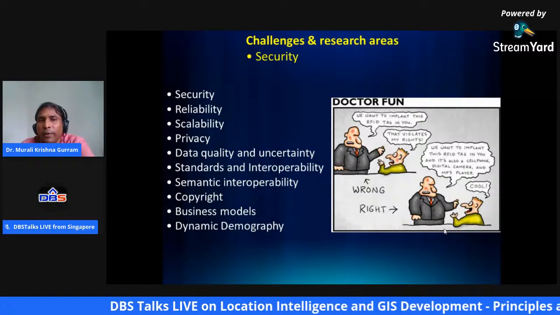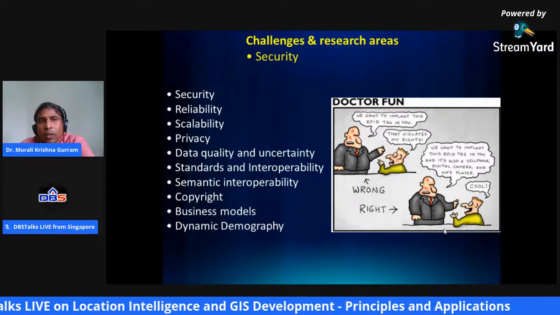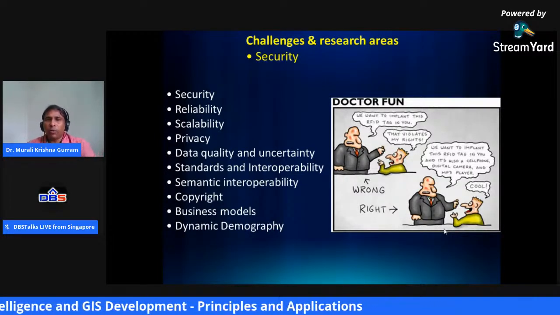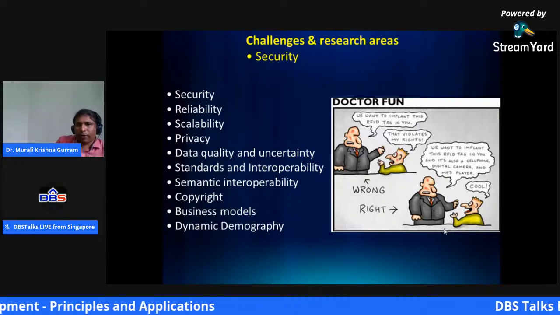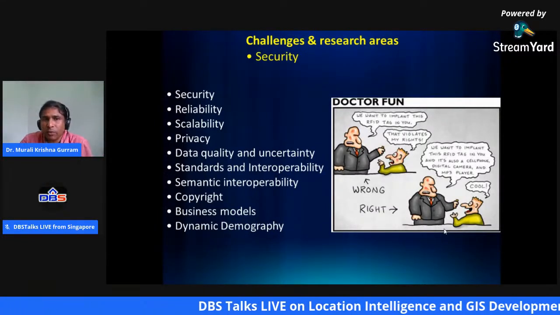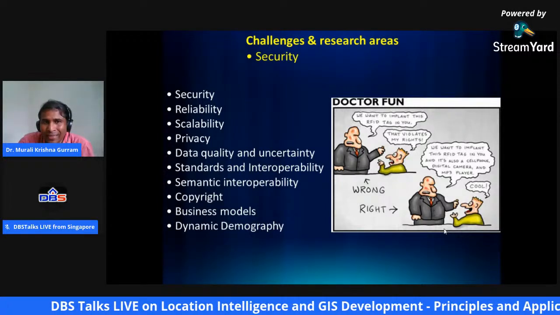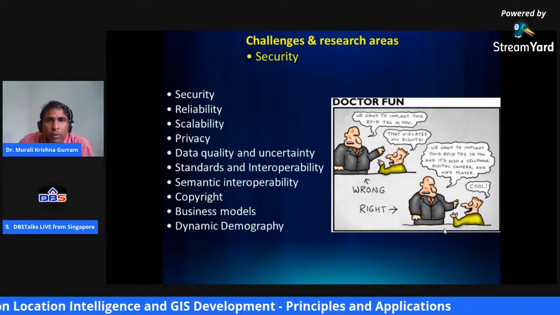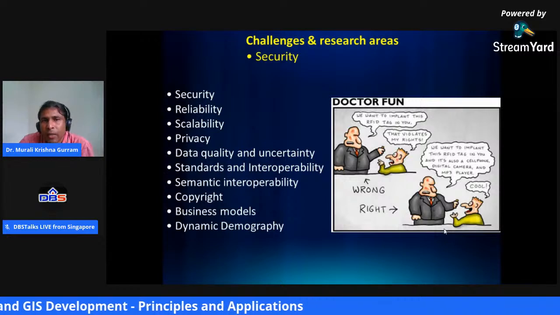Nowadays we are talking about mashups. How reliable is the content that is being shared on the web? There is a question mark. You don't know the reliability of the data.